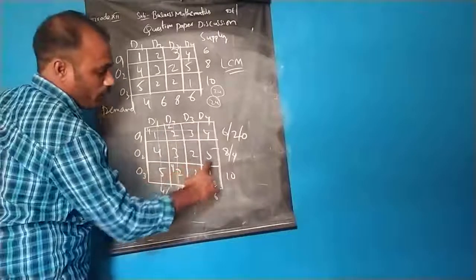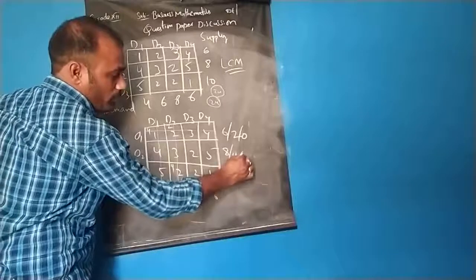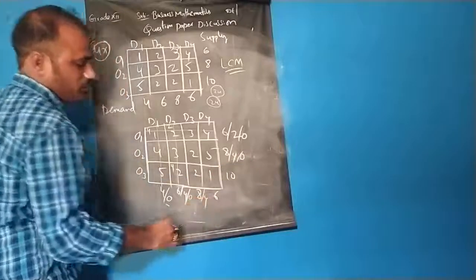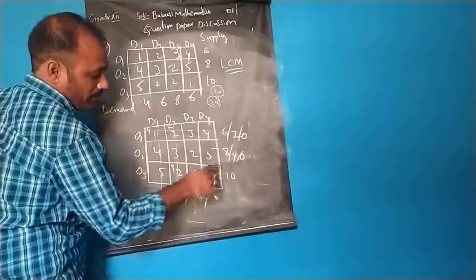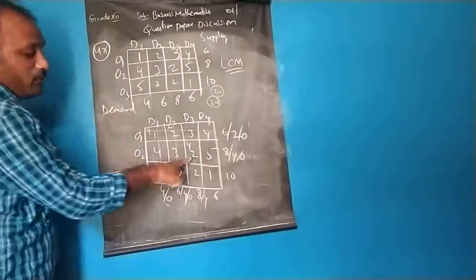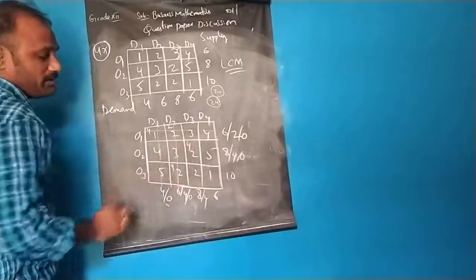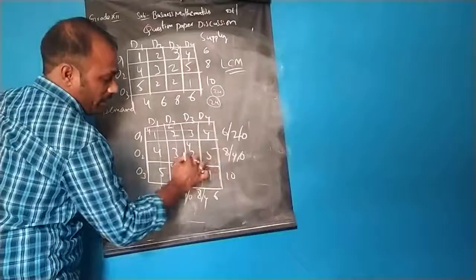Now we are left with 2, 5, 2, 1. Among these, 4 and 8, what is the smallest number? 4. So 4 minus 4 is 0, 8 minus 4 is 4. Since we have subtracted 4 and got 0 here, we will mention 4 here. Whenever you find two smallest numbers, make sure that wherever you are getting 0, you mark that number with the number. So we can eliminate this also.